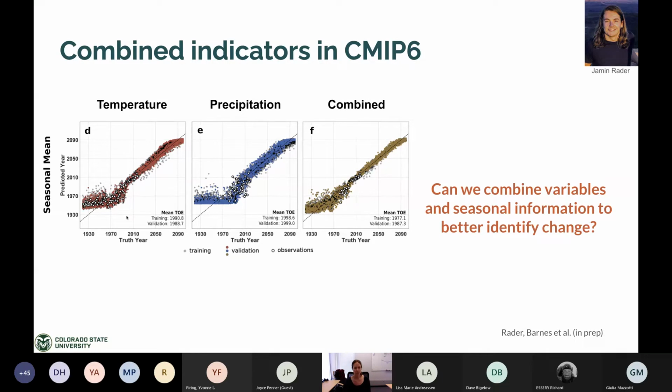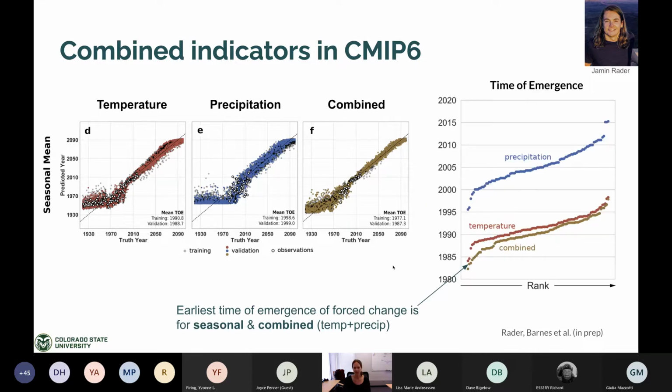Now, the difference between the red, the blue, and the yellow is what variables we are interested in and what variables we feed the neural network. So in this case, what we find is that when we combine temperature and precipitation maps together, that is, we give the neural network more information about the climate system, it does a better job at identifying change, both earlier and more accurately.